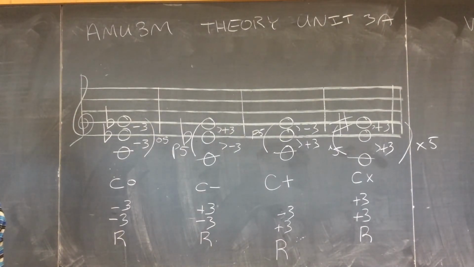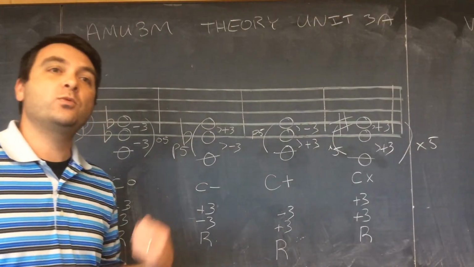In your guide, in the assigned work for this unit, you've got to write out all 4 triad types for each of the 12 chromatic pitches. You only have to use 1 harmonic spelling for each chromatic pitch, unless you really want to do all of them. It's totally your choice. What we mean by that again,